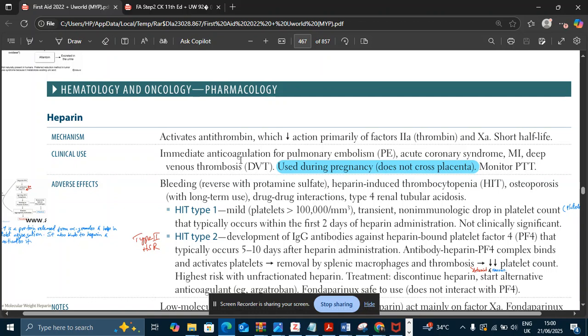Onset of action of heparin is rapid. Okay, immediate anticoagulation. Okay, while warfarin has a slow onset of action. Okay, the duration of action of heparin is hours. So onset is rapid and the duration is in hours of heparin, while